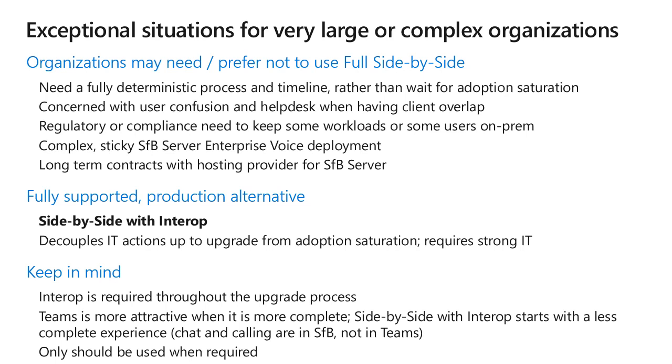So this second pathway that we're going to look at here can help alleviate that. Some on-premises organizations have regulatory or compliance requirements that are going to force them to keep certain workloads in the on-premises environment. An example of that could be the enterprise voice workload, where perhaps there's a compliance need that requires all calls to be recorded. And we have the capability of doing that in on-premises Skype for Business, but not yet available in Office 365